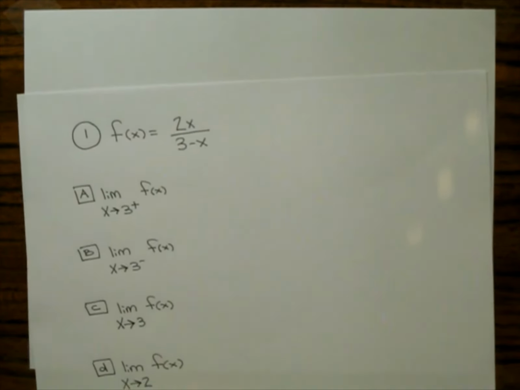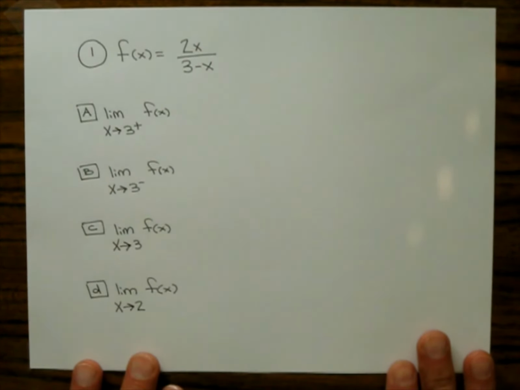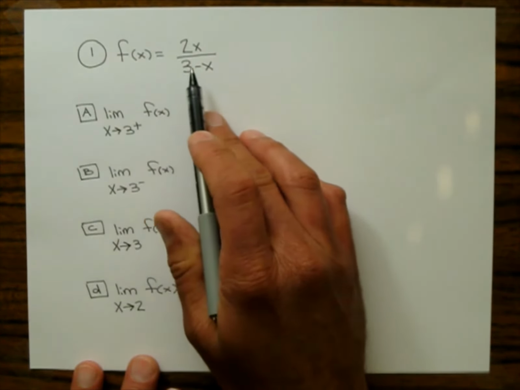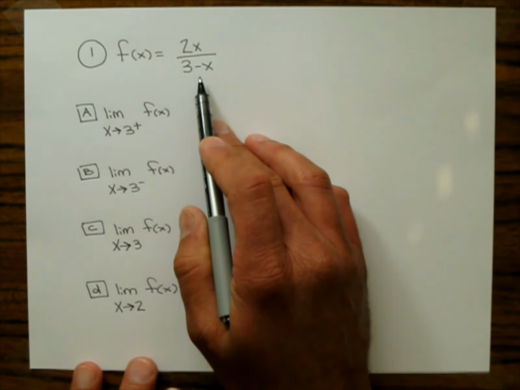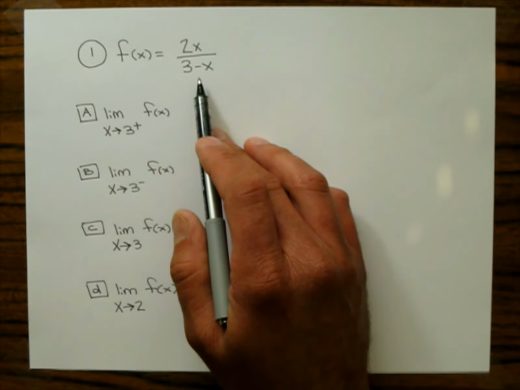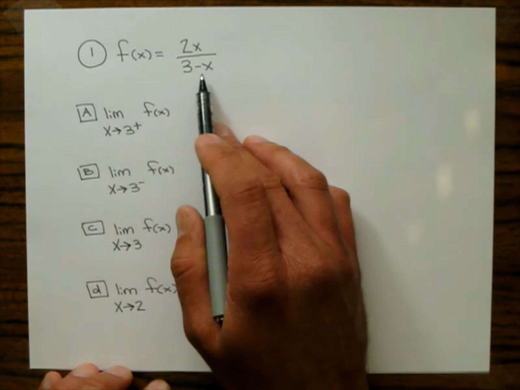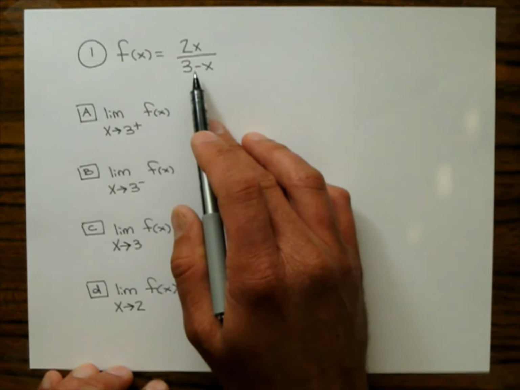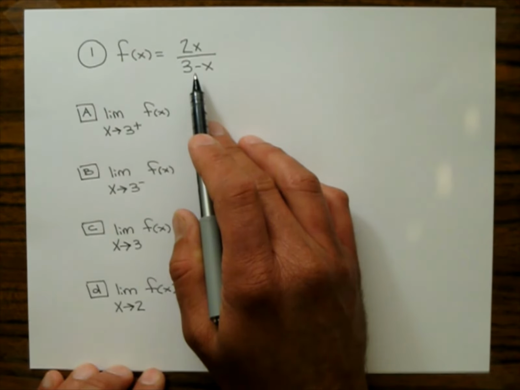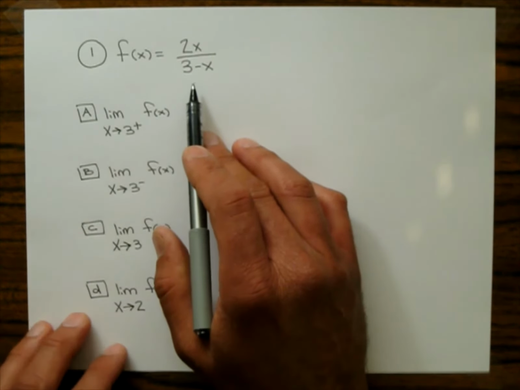We'll start renumbering here. So problem number 1: I'll give you a function and ask you some limits. So we have a rational function. We're going to do these kinds of problems without graphing the rational function. If you can graph it, then it's just like the first problems we did in this section. We're going to show you that you don't need to graph these each time. So let's see what happens